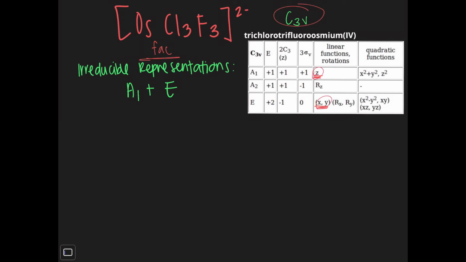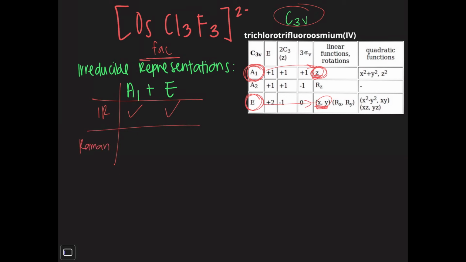So we know that those are going to be IR active. Then for these irreducible representations, it's just enough to cross-check with the ones that we calculated. So we know that the molecule has A1 and E. If we already have a Z here, we can say that A1 has an IR band and E has another IR band. Now for Raman,